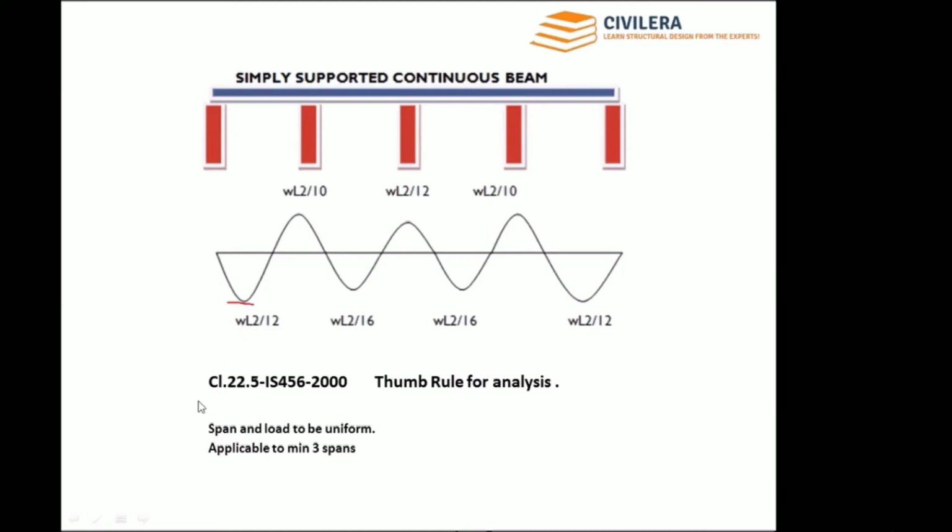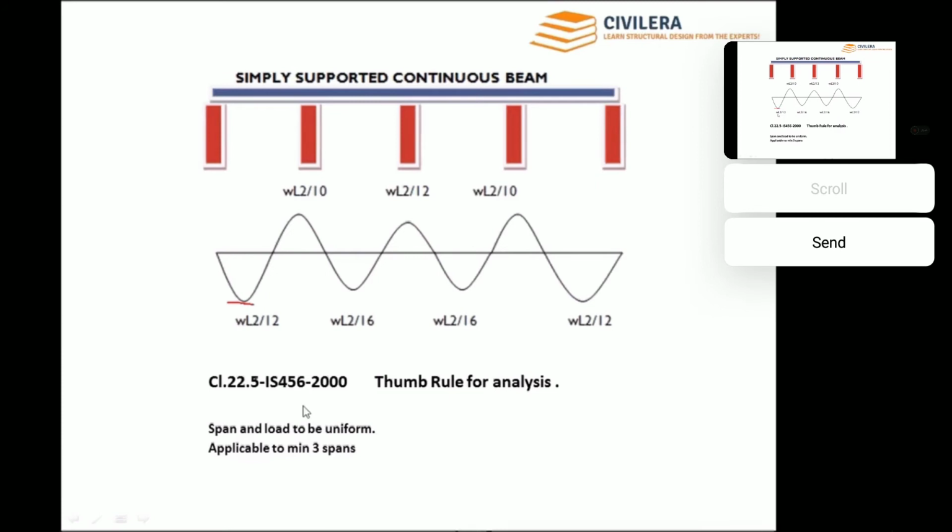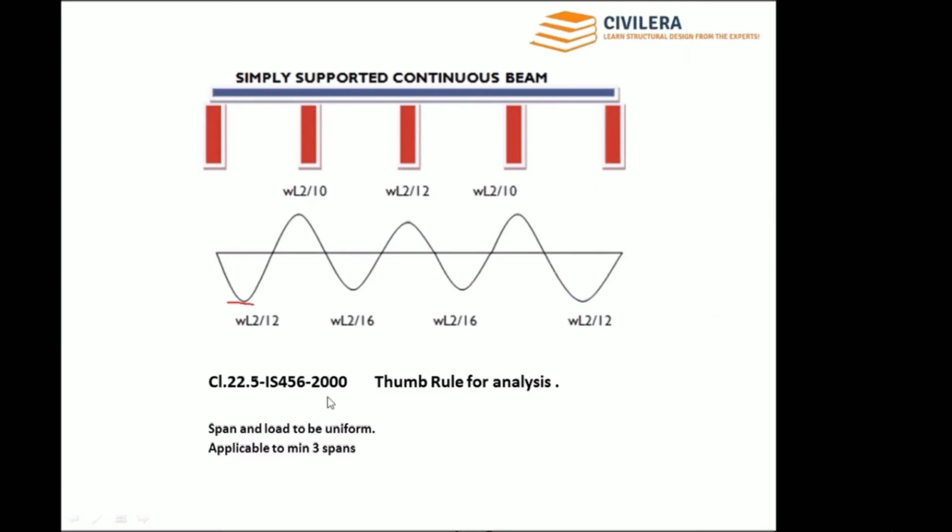So clause 22.5 in IS 456 gives you a thumb rule wherein you can find these values. You can go to this clause, and you will get a table there, and that table tells you that your moment at the first span will be WL square by 12, and in your second span would be WL square by 16. It is further less. This itself is less than WL square by 8, and the intermediate span will be lesser than WL square by 12 as well, because it's being